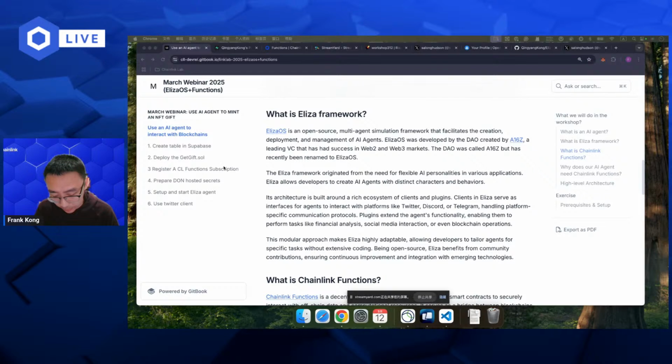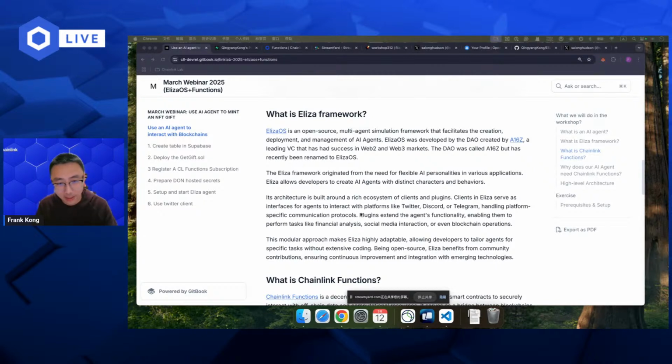And another question is, can agents make mistakes? Yes, they can make mistakes, but it really depends on the prompt you're using. As we know, when we talk with the AI, we need to write some descriptions and requirements, and the more you write, the more clearly the AI will know what you want to do. If you just tell it, hey, please send out transactions for me, the AI will not know what transactions it needs to send.